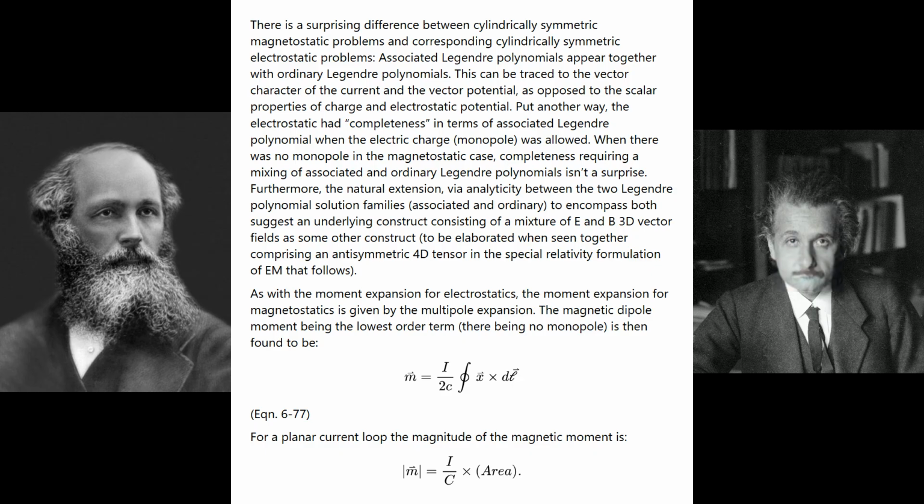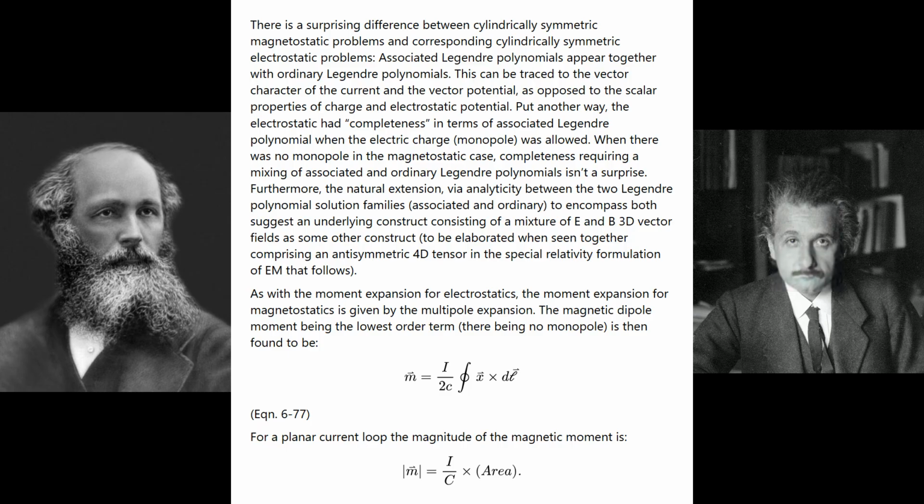There is a surprising difference between cylindrically symmetric magnetostatic problems and corresponding cylindrically symmetric electrostatic problems. Associated Legendre polynomials appear together with ordinary Legendre polynomials. This can be traced to the vector character of the current and the vector potential, as opposed to the scalar properties of charge and electrostatic potential. Put another way, the electrostatic case had completeness in terms of associated Legendre polynomials when the electric charge monopole was allowed. When there was no monopole in the magnetostatic case, completeness requiring a mixing of associated and ordinary Legendre polynomials isn't